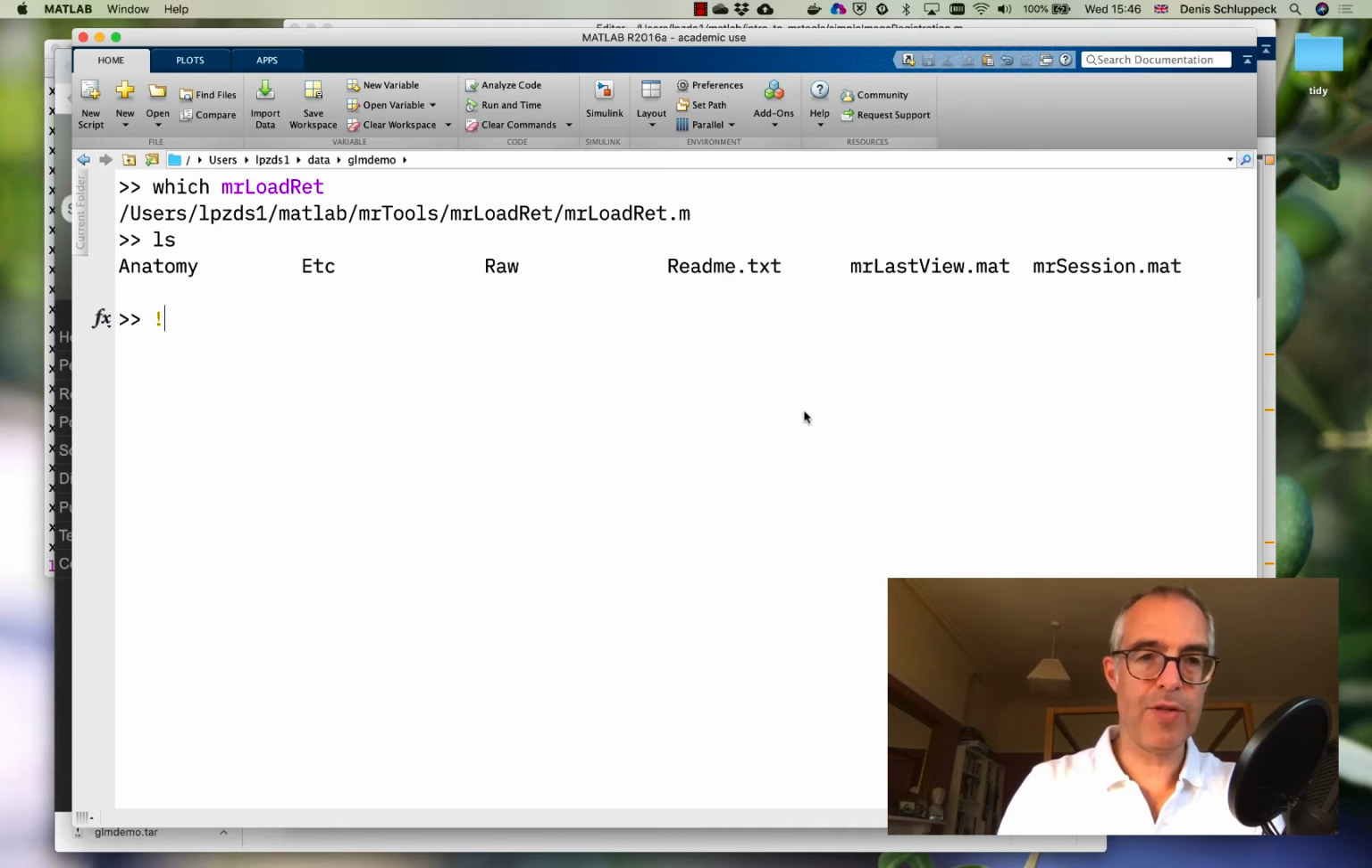One thing you might want to do, if you are using a more recent version of MATLAB, is remove MR last view, because the way some of the graphics objects are being handled within newer versions of MATLAB is slightly broken. So you might get some error messages to do with that. Here what I'm going to do is move MR last view out of the way. I'm going to say backup underscore MR last